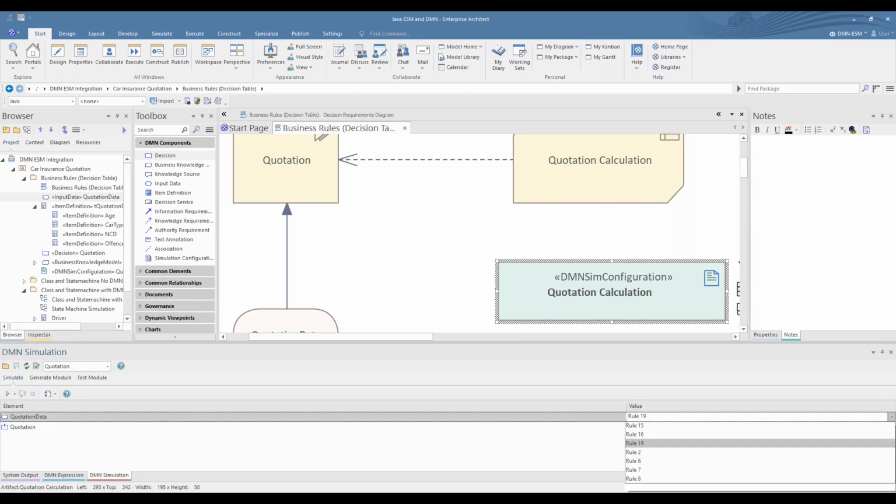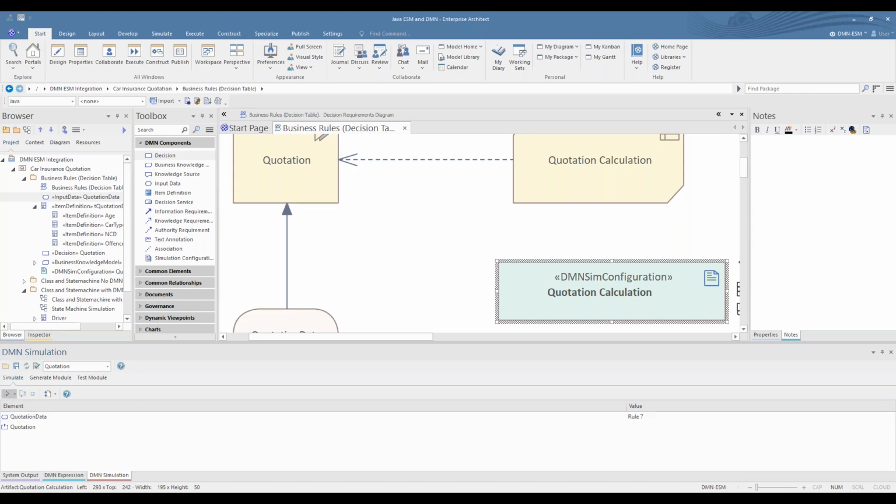You'll see there is a drop-down list. Now, I'm going to put my life on the line here and say to Scott, choose one of those at random. Don't choose default, please, but choose any of the 11, 15, 16, 19, 2, 6, 7, 8 that you wish. I like number 7, so we'll say rule 7. All right, so let's say rule 7, and we simply run the simulation.